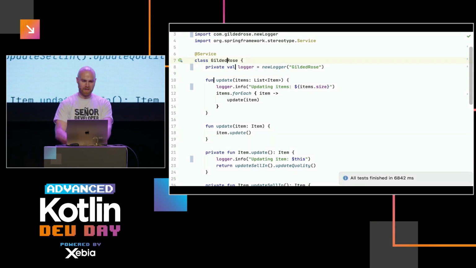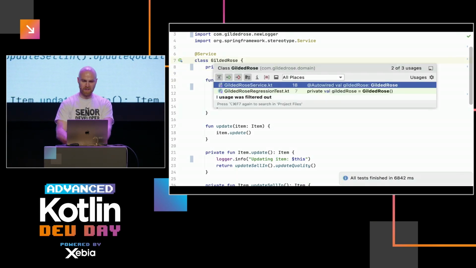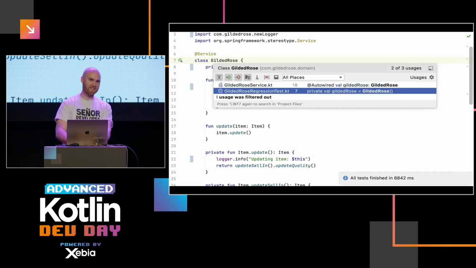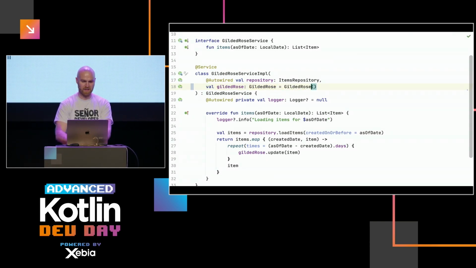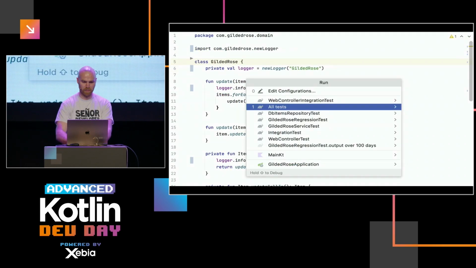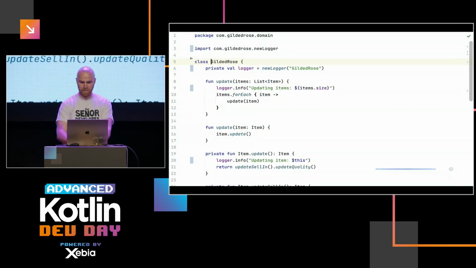This is good. Then there is another usage of GildedRows. We fixed it in the test, so it doesn't use Spring. Now we want to do it in the service, and well, we can just construct it here, I guess, just like that. And then GildedRows doesn't need to be a service anymore. And that's the first step. I think all the tests should pass now. Just waiting a few seconds, so yeah, it takes 6 seconds.